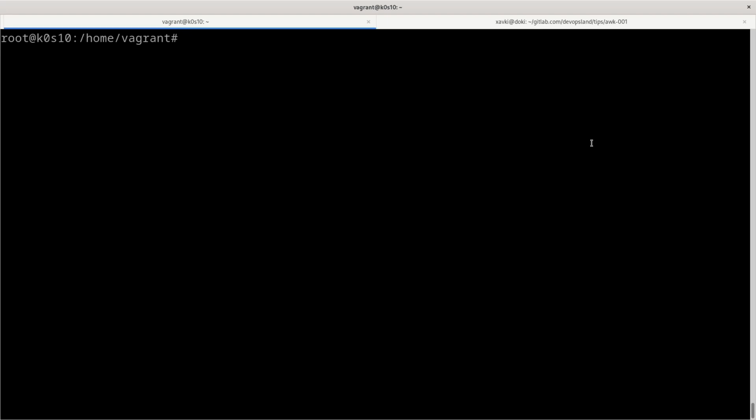Awk is a very powerful language in the command line. For example, if you want to run a one-liner, it's a language. You can write some scripts with Awk, but in our case we want to use it in one line. As an example, I want to explain how you can count in a file how many occurrences we have for a pattern, and display the result.